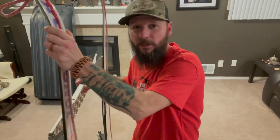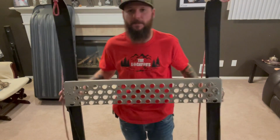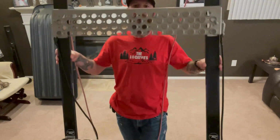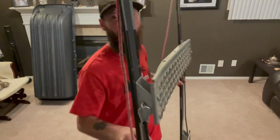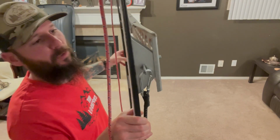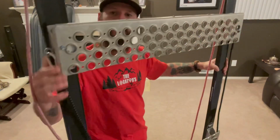Today's reveal day. You can't have a Smitty sled build without a pair of skis. So, quick trip to the Value Village. Super easy build. Got myself some skis. Had some light gauge aluminum laying around. Took the bindings off, replaced them with some light gauge aluminum tubing, which had 45 both edges, and self-tapped my